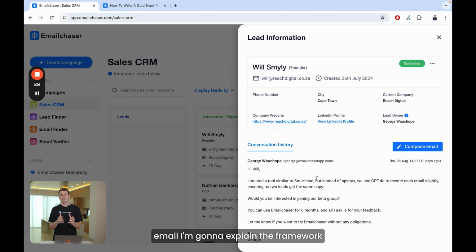I'm going to explain the framework that I used. But before I do that, I just want to show this to you because this is really important to understand. If you're sending cold emails, you need to do at least one or two follow-ups. One thing I will mention though is that you don't want to do more than two follow-up emails, because if you do more than two follow-up emails, which would mean that your overall sequence has more than 3 emails total,